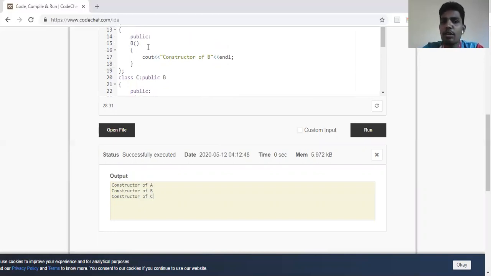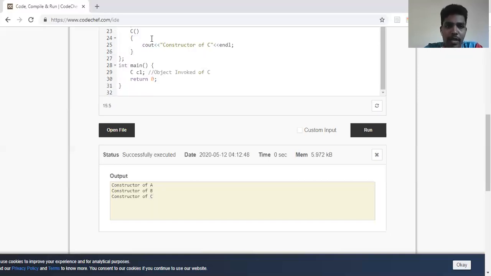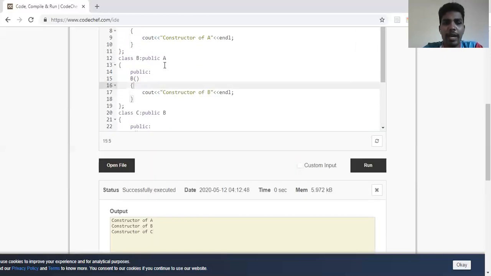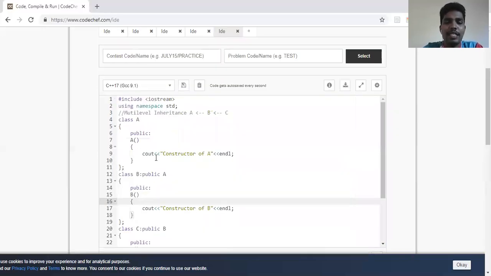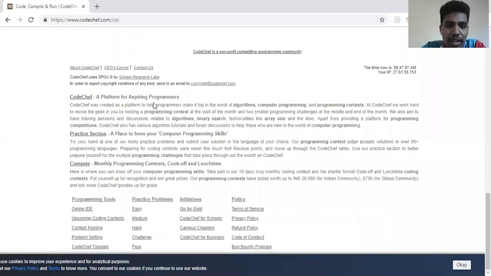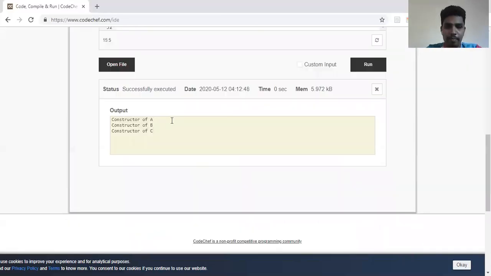The constructor gets automatically called. So before C gets executed, it first calls its parent class constructor. Since the parent is also inheriting from A, it calls its parent class, that is A's constructor. So in this fashion, we have the output, that is constructor of A, B, and then C.